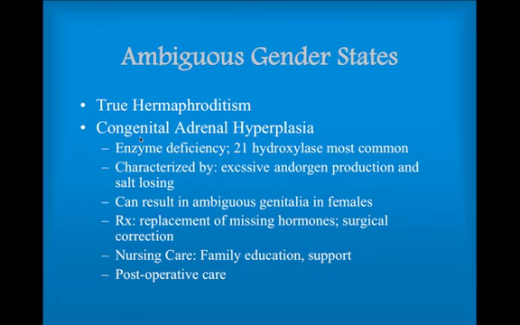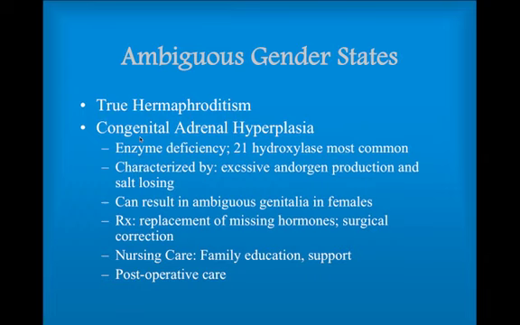Much less rare, though, in fact, the most common cause of an ambiguous gender state is something called congenital adrenal hyperplasia. This is a condition where the adrenal glands are lacking an essential enzyme to produce the hormones that are needed to be produced by the adrenal gland, specifically cortisol and aldosterone. The enzyme that's most commonly lacking is one called 21-hydroxylase, but there are others that have been identified too, but they all sort of have the same endpoint to them, and that's